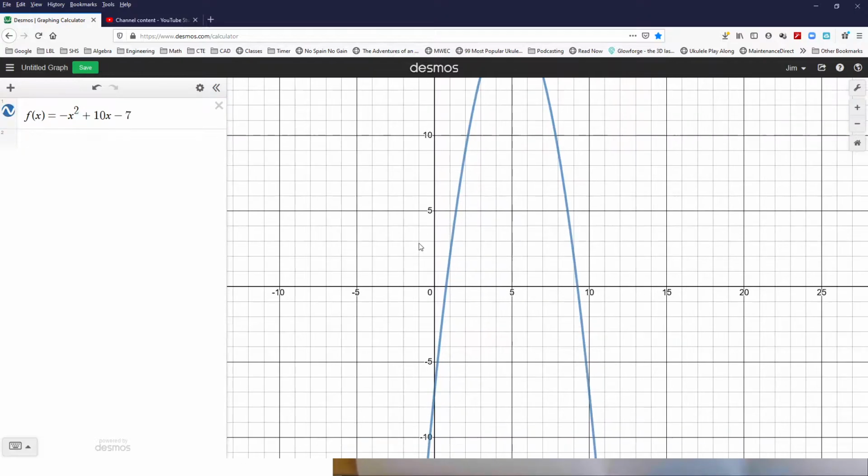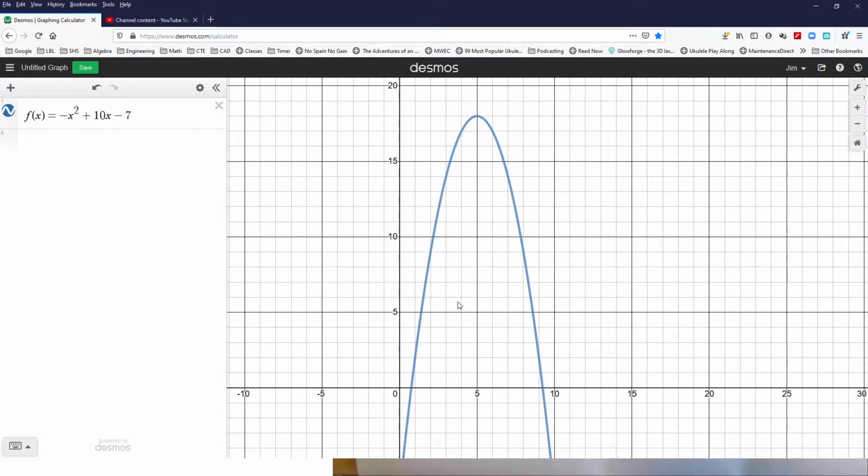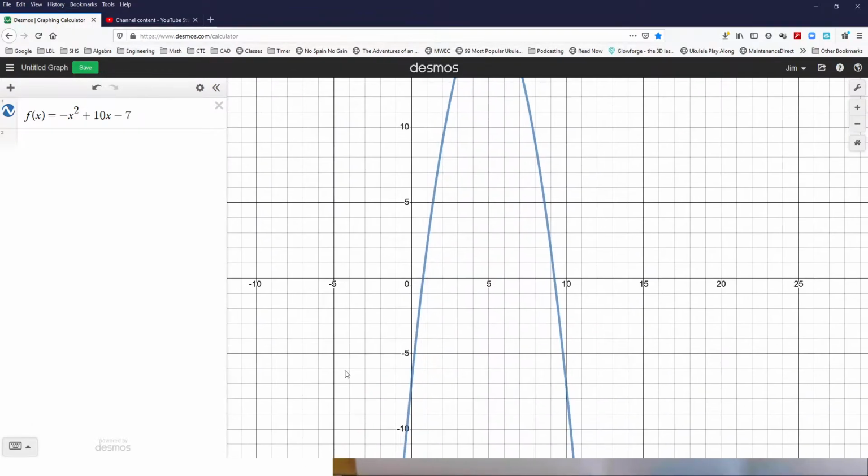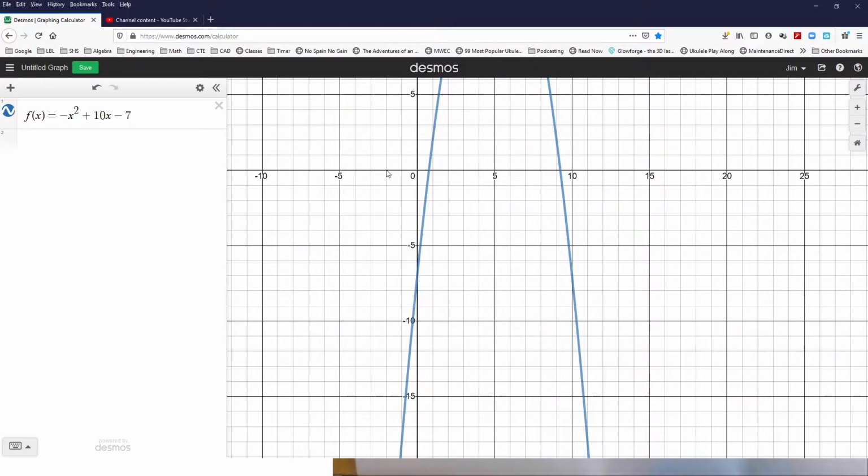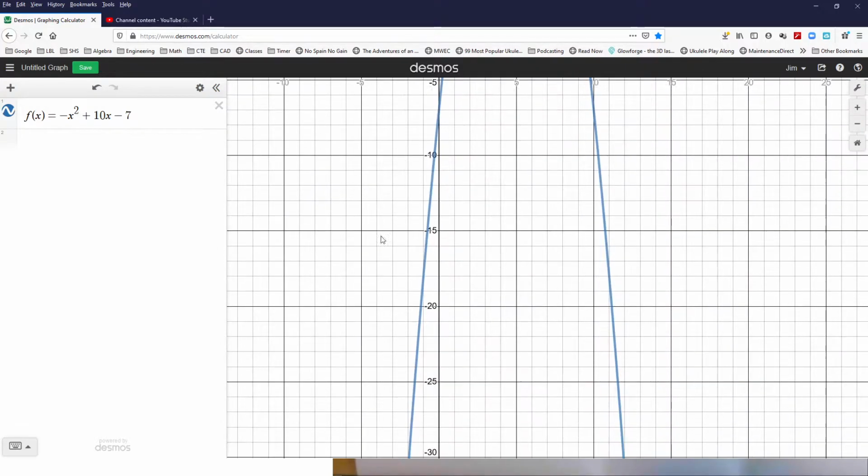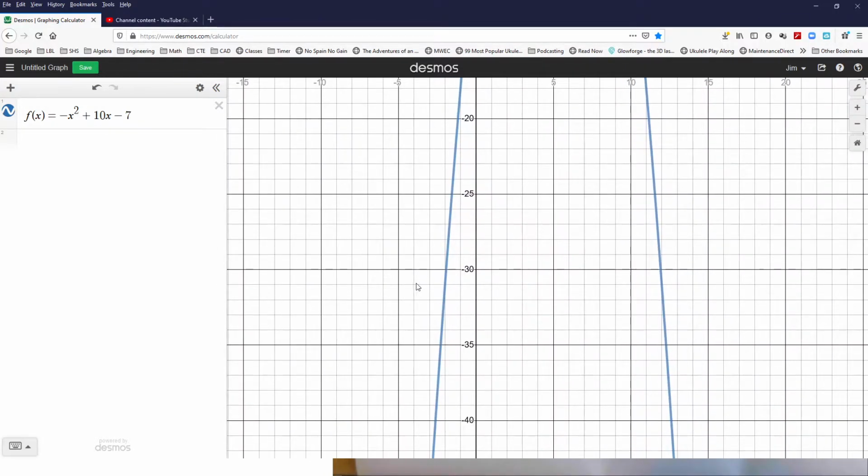And so here we have our parabola there. And in this question, they're asking us for the value of f of negative 2. So when x is negative 2, what's my value going to be? And so I can see, right, at negative 2, it's going to be down here a ways. It looks like,